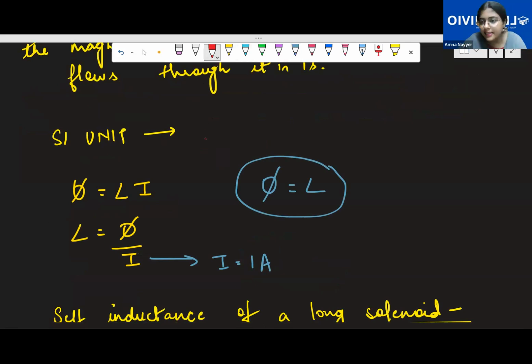And now comes the SI unit. SI unit is completely new. We haven't used this anywhere, not Coulomb or anything, because from here it should be Weber by Ampere if you look at it like this, but it's not used. Weber by Ampere is not used, and don't use it even. This has the unit as Henry, with capital H. If you want to say 5 Henry, then 5H is the standard. So by looking at H, you should know it is the coefficient.